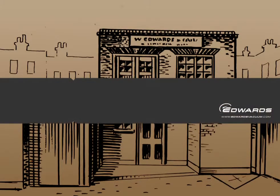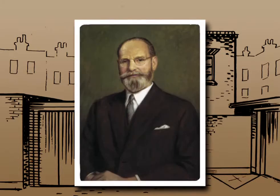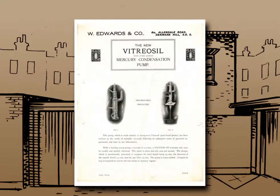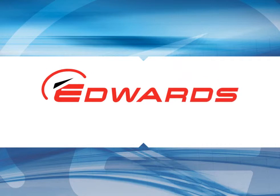In 1919, the world was a very different place. A time of reconstruction and rebuilding, but also opportunity. A young physicist called F.D. Edwards started importing vacuum equipment into England from an office in Allendale Road, South London. He started with just £20, in a way making something from nothing. It was the first step for a business that 90 years later is one of the leading vacuum technology companies